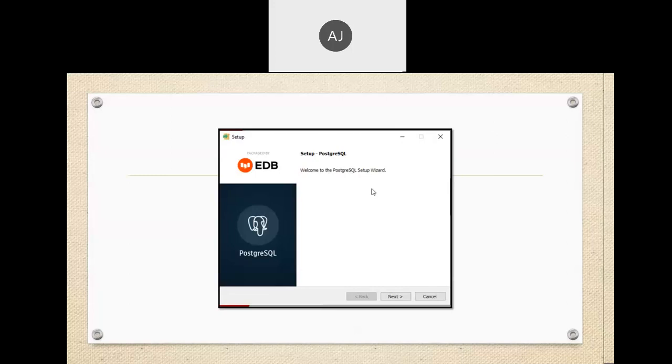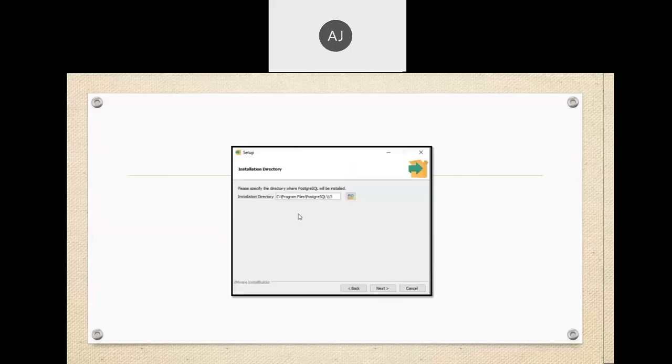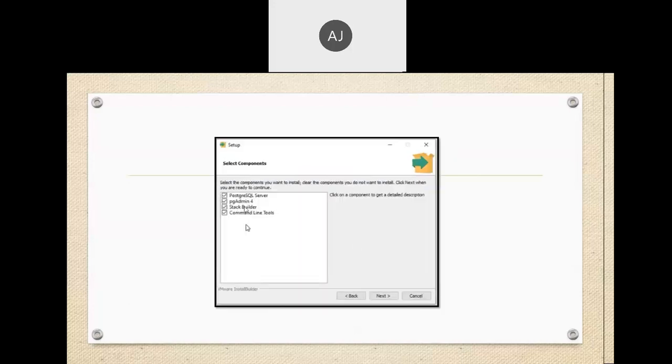Among you, a few students already did the installation, but these conditions are required. It will use an installation directory. I will share this document with you. Make it as it is, do not change the directory. After that, these tools are required. Here we are installing pgAdmin, Stack Builder, command line tools, and PostgreSQL. We need to install pgAdmin also. I will explain what version we require about that.